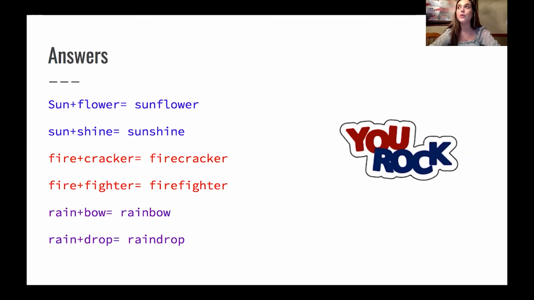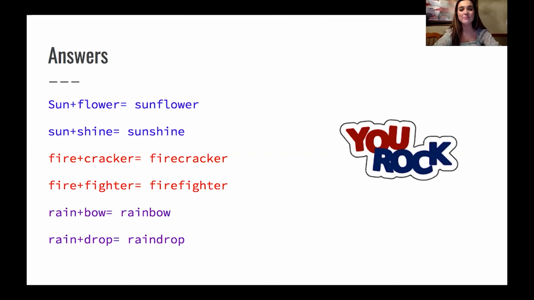They help us in so many ways, more than just even fires. A rainbow is something that appears in the sky after it's rained, and it's so pretty and so beautiful and colorful. And then we have raindrop, and a raindrop is just a little drop of rain that we can see. Maybe it's going down the window and we're following it with our eyes, but that is what raindrop means. So those are the answers. Hopefully you got them correct, but even if you didn't, no worries. You can try them again or ask an adult to give you some more examples so you can work on